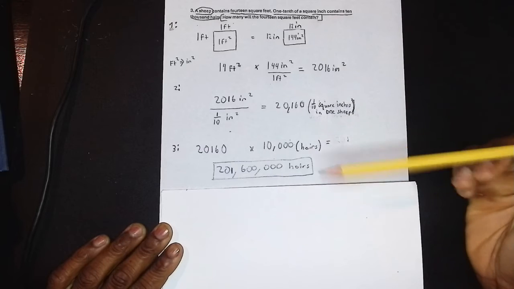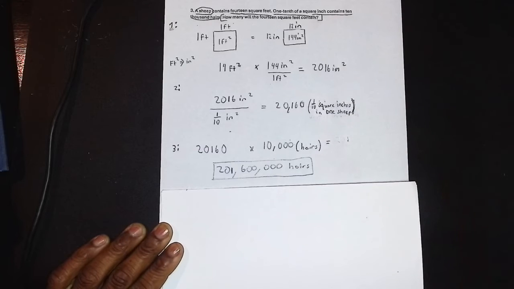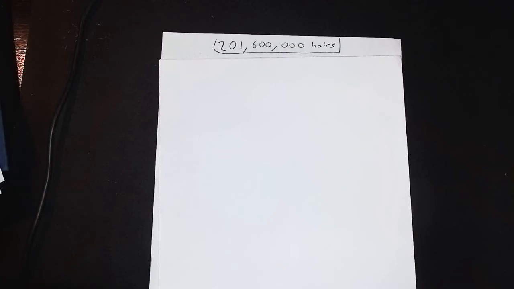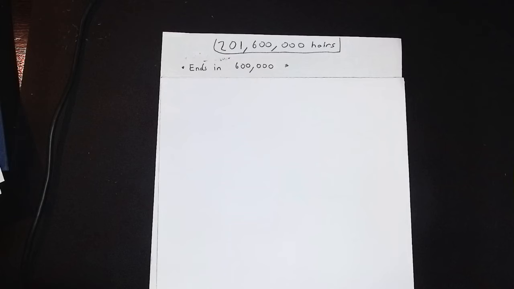Now we're going to get into the meaning of this. So, the meaning of the 201,600,000 hairs. First, we see that it ends in the number 600,000. This is a document called Concerning the Secret Wisdom of the 23 Scientists, written on June 13th, 1952 by the